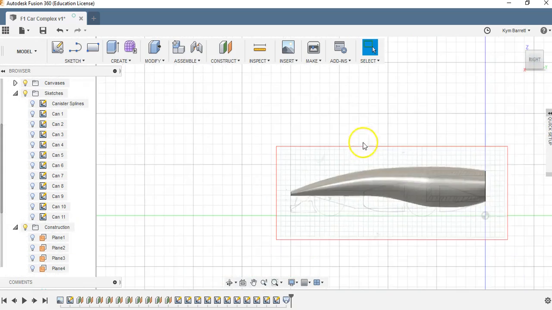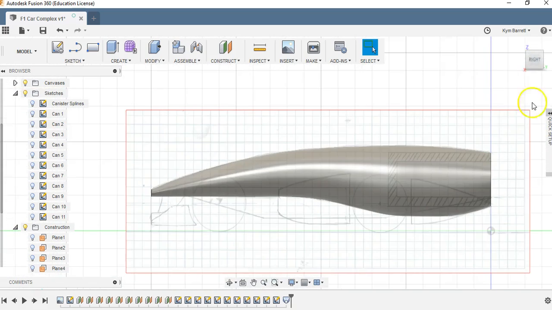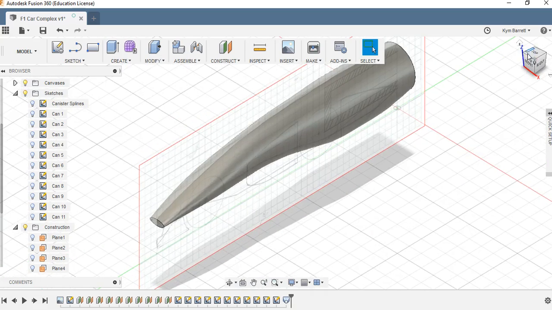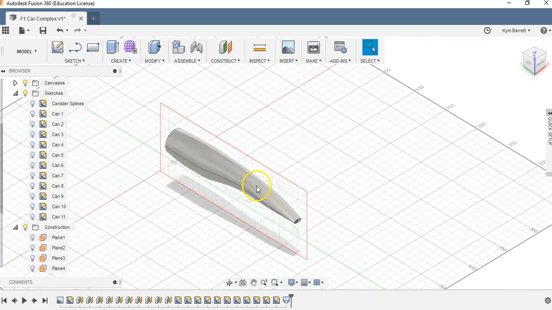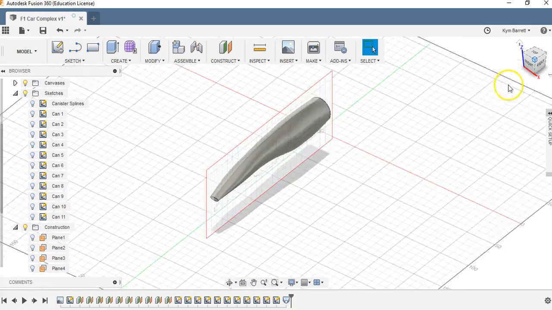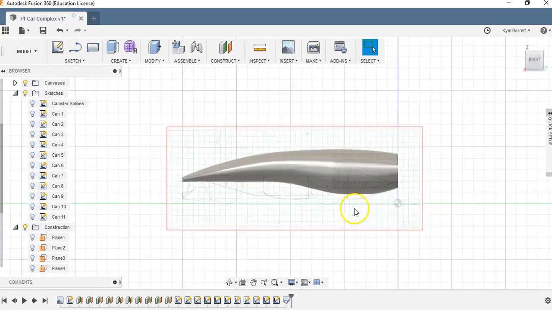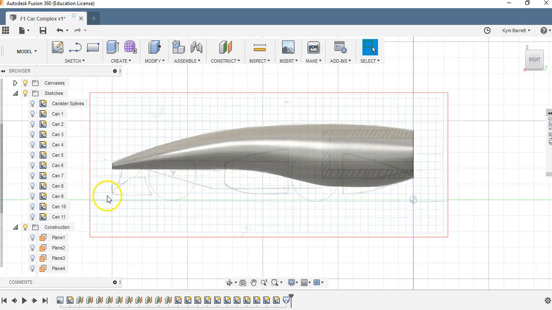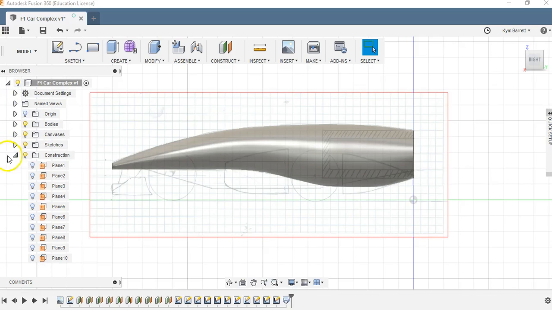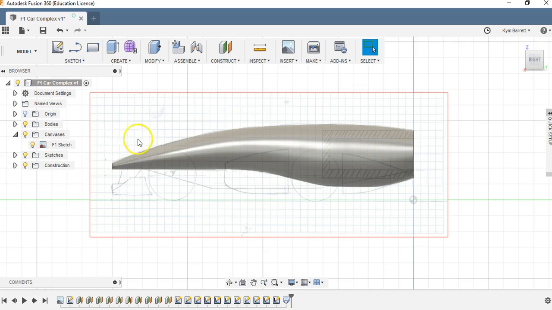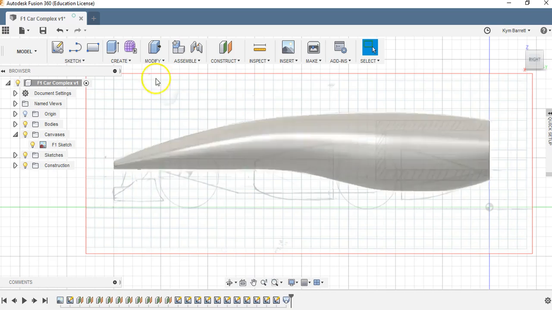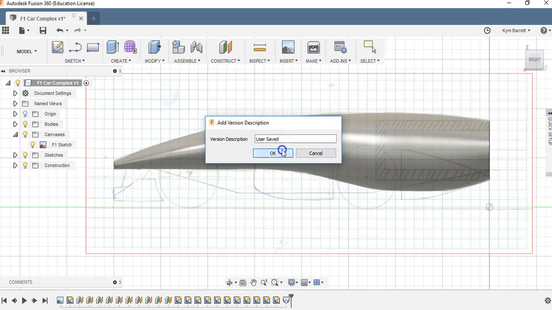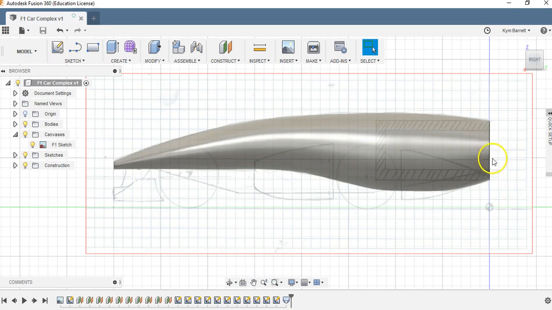So you can see now that what it's created is a fairly complicated shape, okay, which is awesome. And that matches pretty closely with my sketch there. If I turn my canvas back on, which in fact it already has been turned on, it follows that shape that I wanted pretty much perfectly. All right, so I'm just going to save that again there. Wonderful. All right, the next thing I'm going to do is I'm going to create a